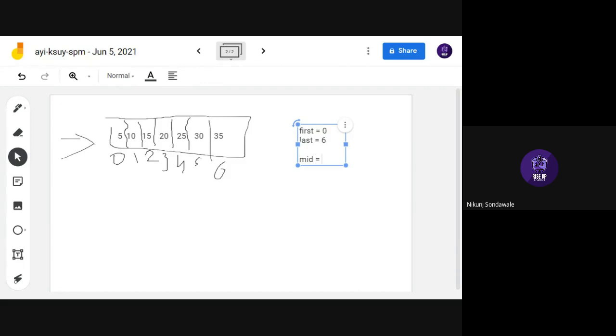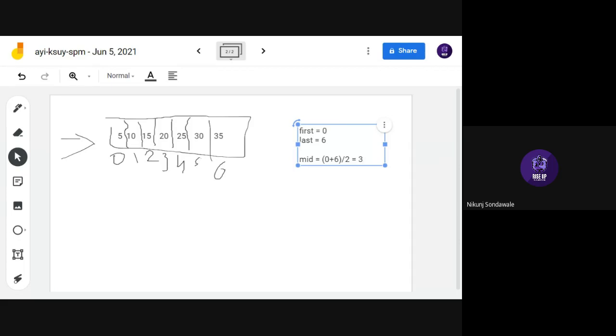So mid equals 0 plus 6 divided by 2, which equals 3. This is how we find the midterm, first term plus last term divided by 2.